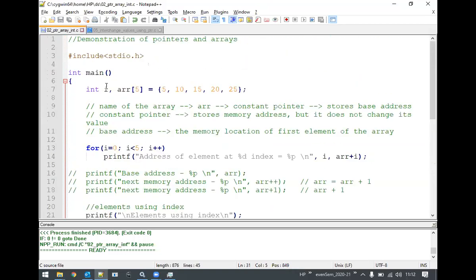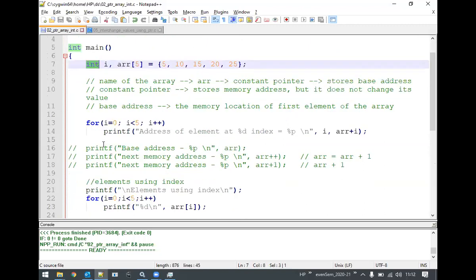We know that there is already a variable, and the variable here is an array of the integer data type. So now I need to declare a pointer of the same data type, that is integer. Since it is a pointer, I have to place an asterisk, then provide a name for the pointer. So here I will write int star ptr.